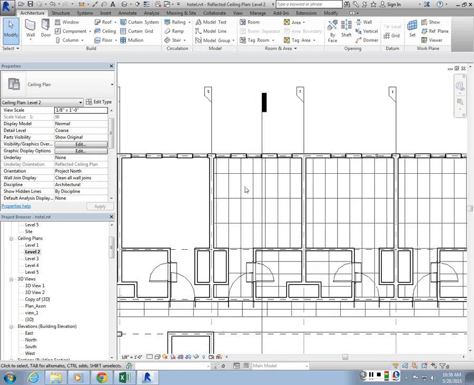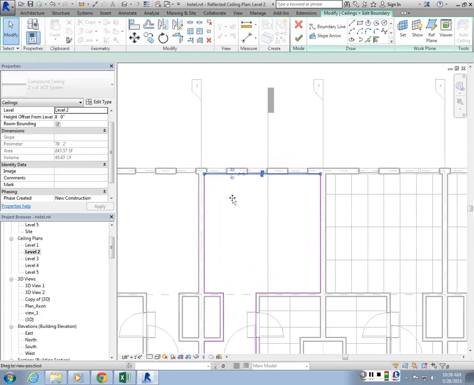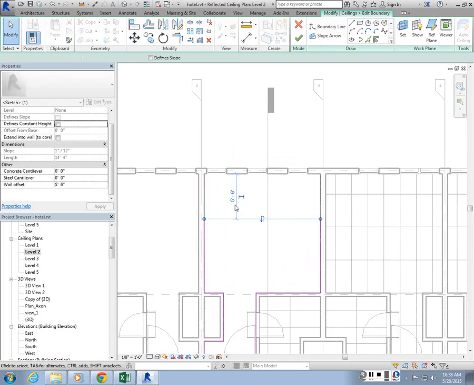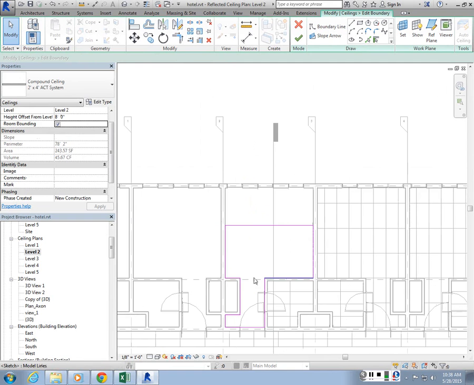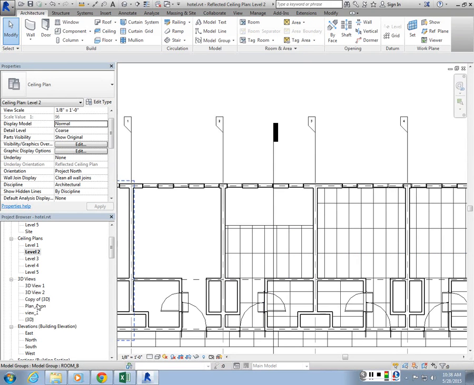And let's say inside the room, I can go to edit boundary. It's like a floor object as well. You can edit the outline of it. So you can create like an offset from the window. So maybe that's where it stops. Or it can stop here. Right? Normally in hotel rooms, suspended ceiling goes all the way here. Doesn't bother with the height of the room. So I'm going to hit check. And when I look at the section,